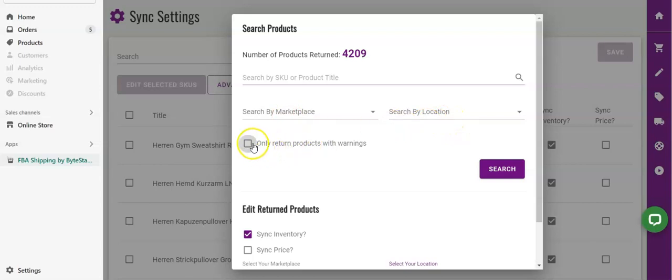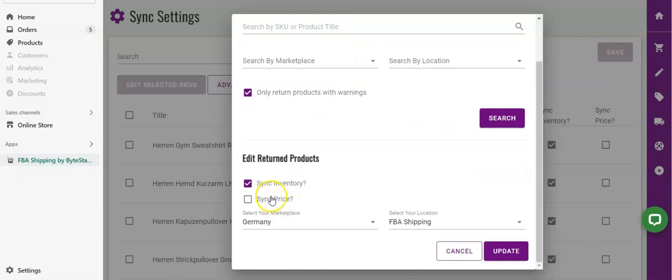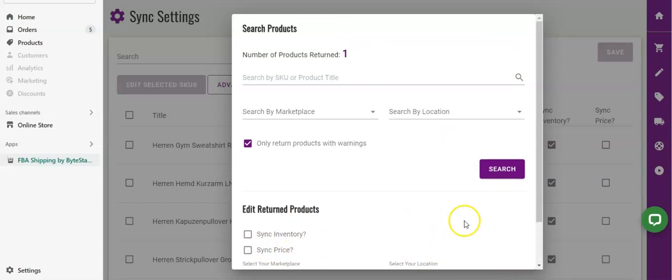You can also use this option to only return products with warnings. So if we check this, let's press search, and we only have one product with a warning. You can edit the product down here or not and go ahead and update to just see that one product